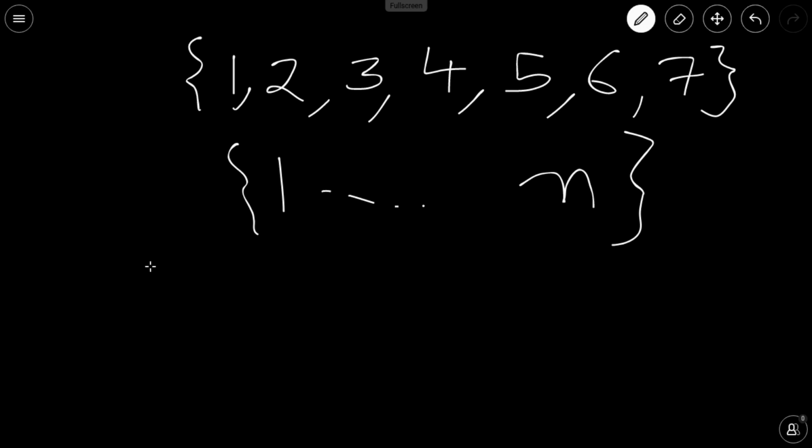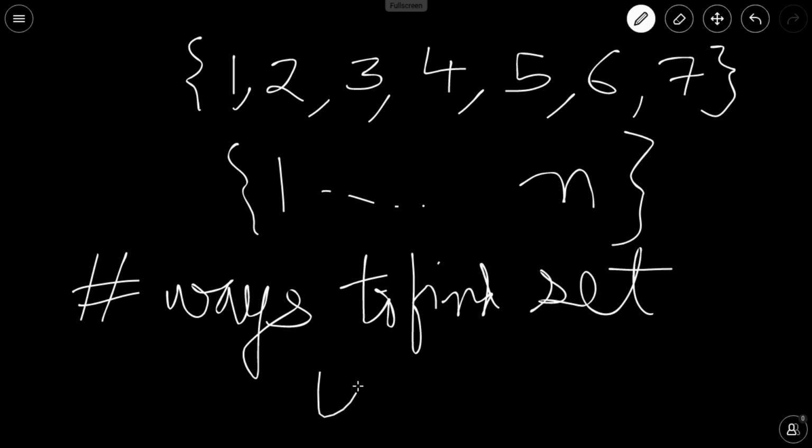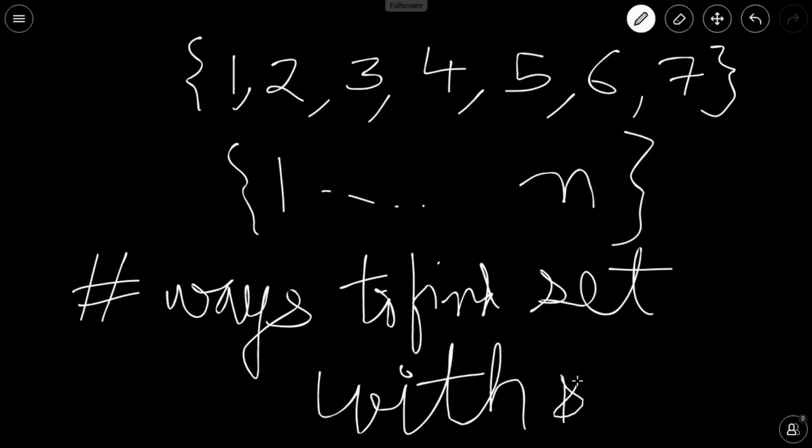For this, you can convert it to this problem: you need to find the number of ways to find one set, only one set, with sum equal to s by 2, where s is the sum of all elements. This is the hint, and now you should try it by yourself.